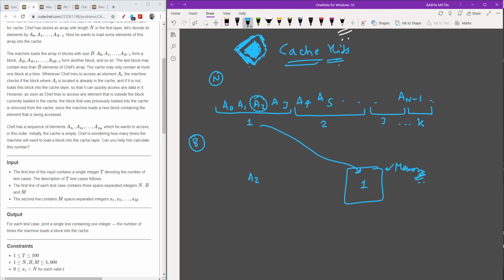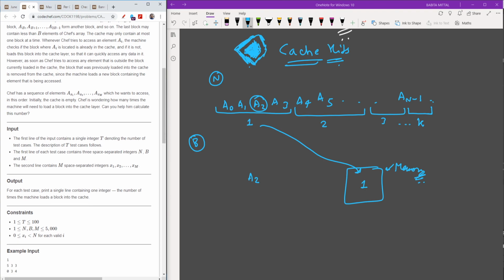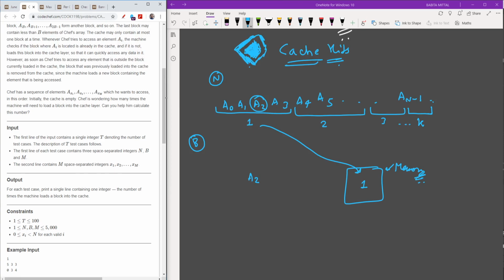Okay, now what we need to find out is, let me read the output, the number of machine loads. Suppose I load element a1, then it can be loaded easily because the block in the memory is 1 only.